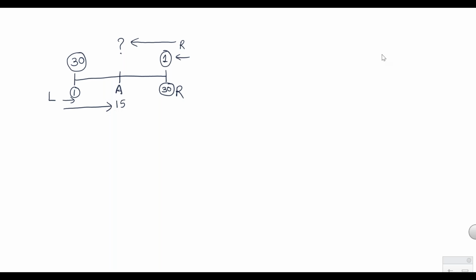Is it 15, 14, 15? Okay, I'll take a simple example with a smaller number of people. Let's say there are 5 people. 1, 2, 3, 4, 5. Right? So the total number of people here is 5. Now, let's say this is the position of A. A is the 4th person from the left end. Then what is the position of A from the right end? The position of A from the left end is 4th. Then the position of A from the right end is 2, right?